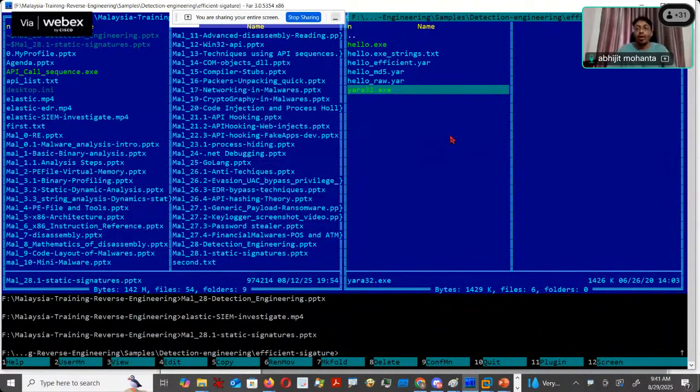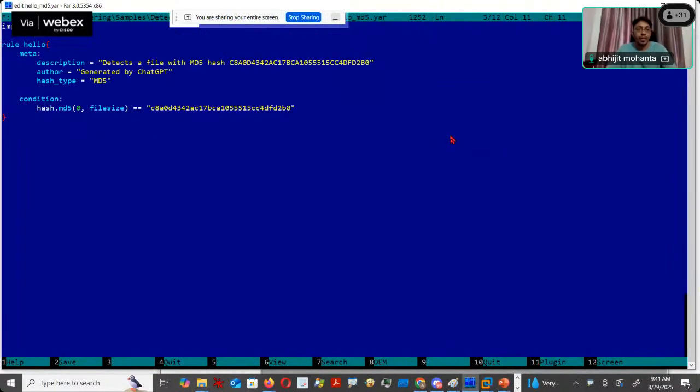So basically, I wrote a signature like this. The rule name is hello. This is a Yara rule, the syntax of a Yara rule, and this is the condition. It tells the hash of the file is this one, and it also says 0 to file size. So it means you are taking the hash of the entire contents of the file,